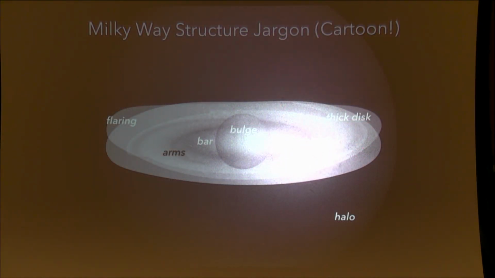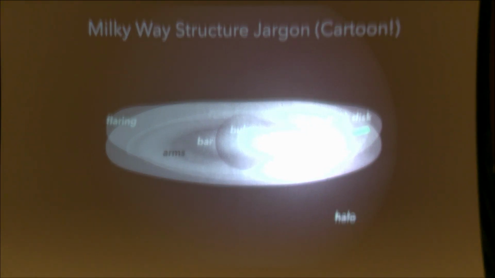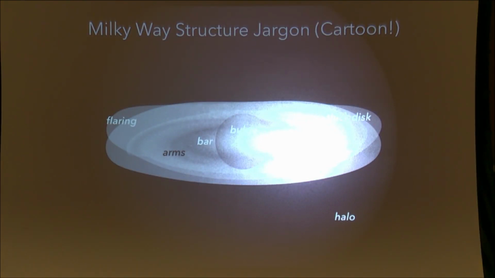But for those of you who are not great aficionados of the Milky Way already, here is a pretty terrible cartoon that I tried to assemble for you just to tell you what all the jargon is about different parts of the Milky Way. There's a disk of the Milky Way. Actually, there's a thin disk and a thick disk, and how thin and how thick you can have a whole discussion about. So we'll just say there's a thin one, there's a thick one. There's a bulge, how big this sort of spherical bulge is, unknown.